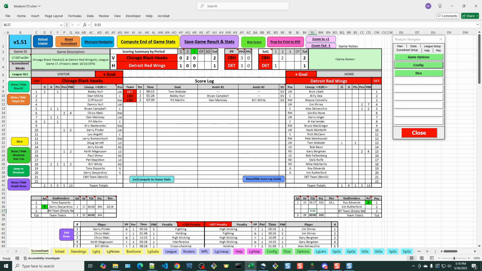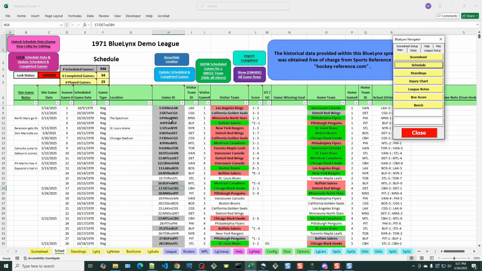Now let's take a brief look and see what it did. Okay, so it saved the game result and stats. Let's just review a couple things. The first thing I want to look at is the standings. So I'm going to try to use this navigator here on the main tab. I'm going to check the schedule. Actually, I'm going to look first. So this was game 17. If I find game 17 here,